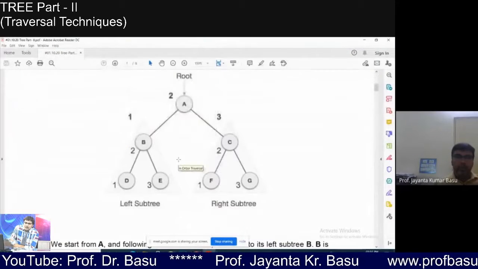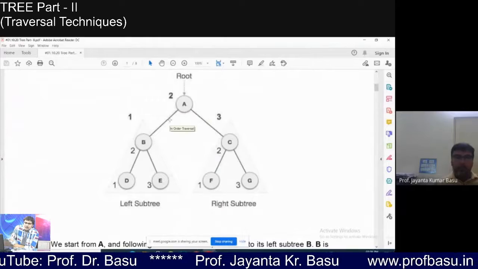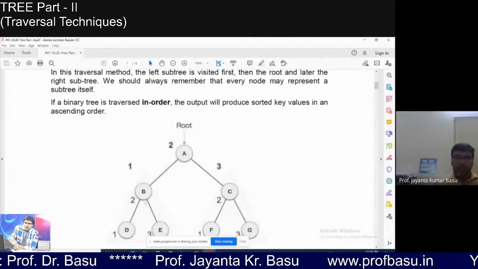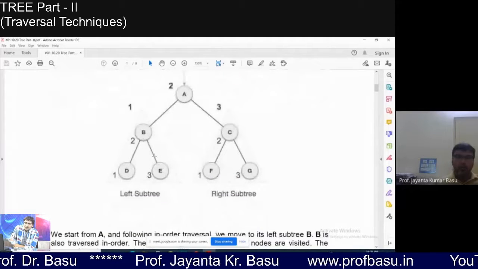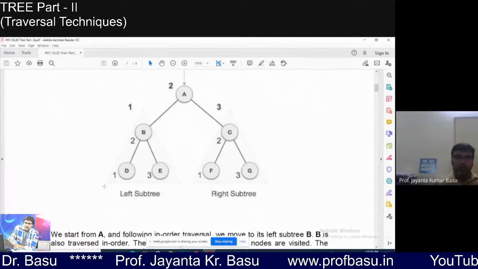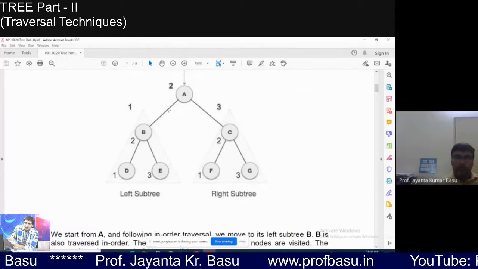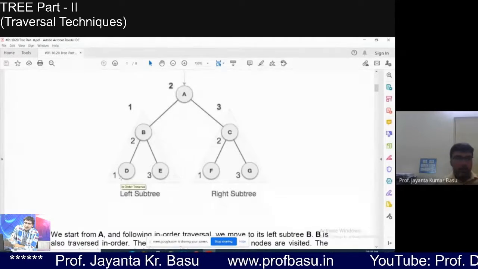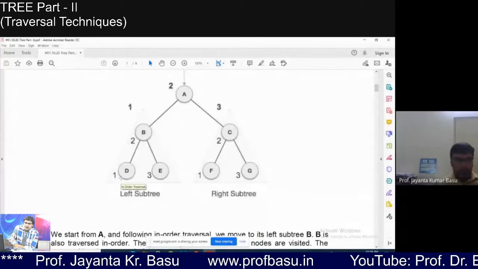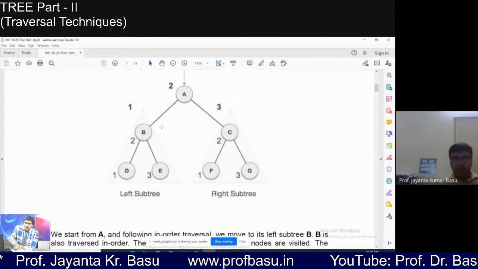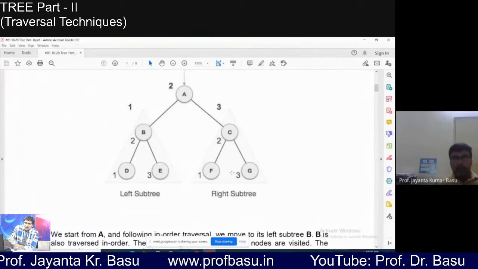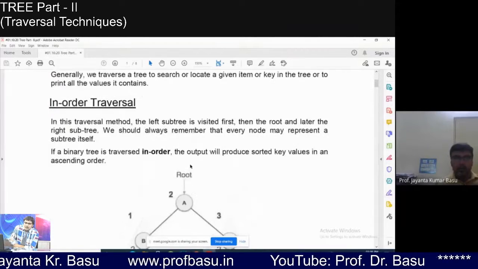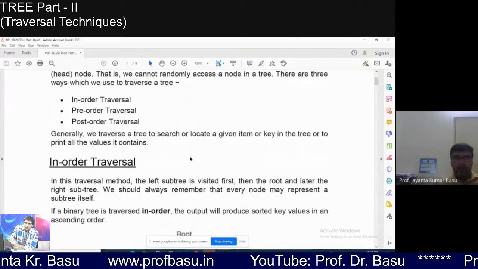So traversal is mainly required to search and locate, or to add a node. Let's say you'll be adding a node here. You have to traverse from the root node and come up to that node, and after that you will add a node. And to display the entire tree, you have to traverse. So these are the three reasons why we traverse.